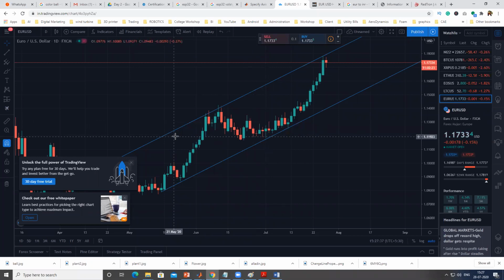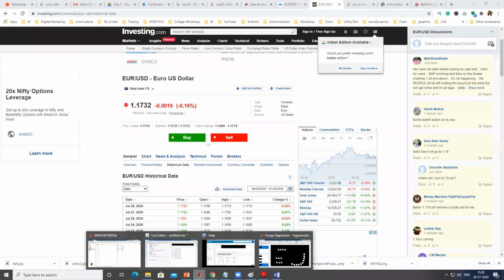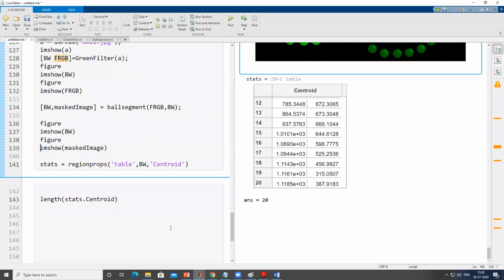Based upon that, you can predict what will be the probability of a red candle occurring the next day or tomorrow. All this mathematical computation or logic you cannot write in Photoshop. It is just a graphics editing software where you enhance the image or blend the image, but not perform any engineering application.